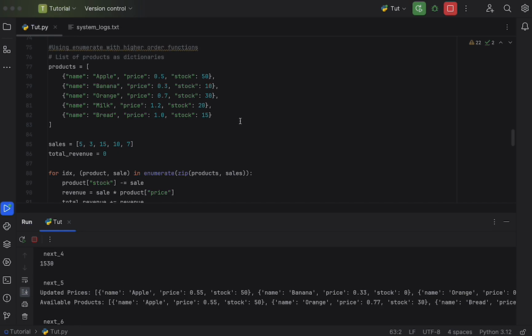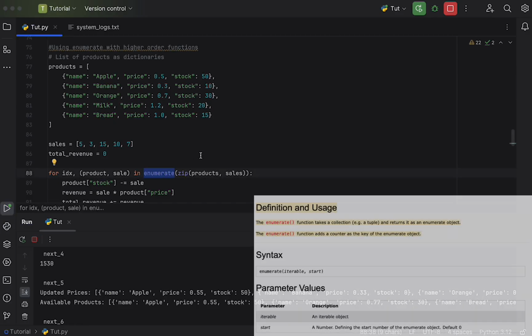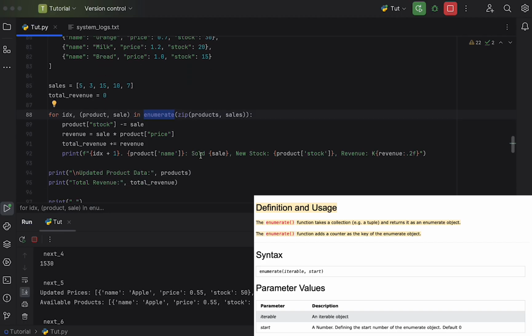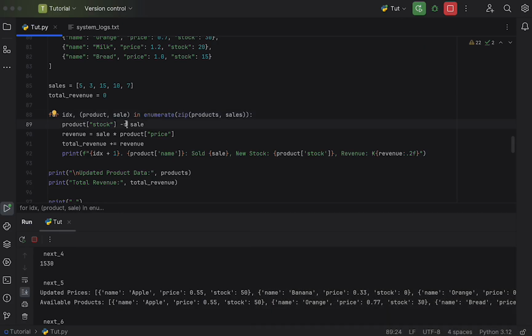Now, when you're using these types of functions, you might often have to use them with something called enumerate, which is particularly useful if you're doing a for loop and dealing with dictionaries. Enumerate basically allows you to iterate over 2 values at a time. That's like a quick watered down version or explanation. To go into more detail,